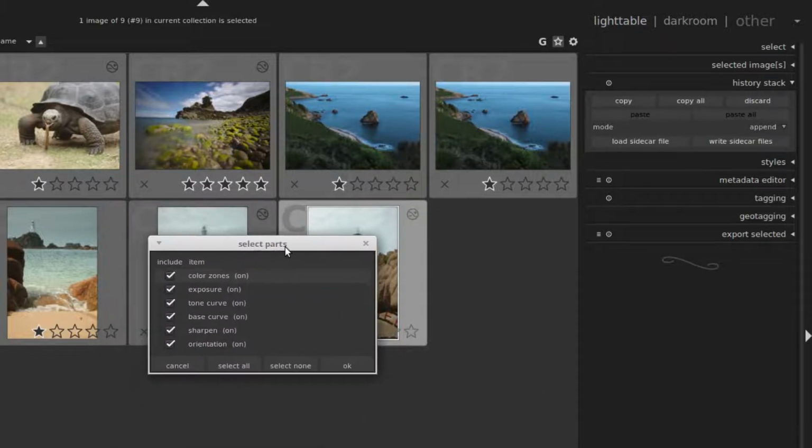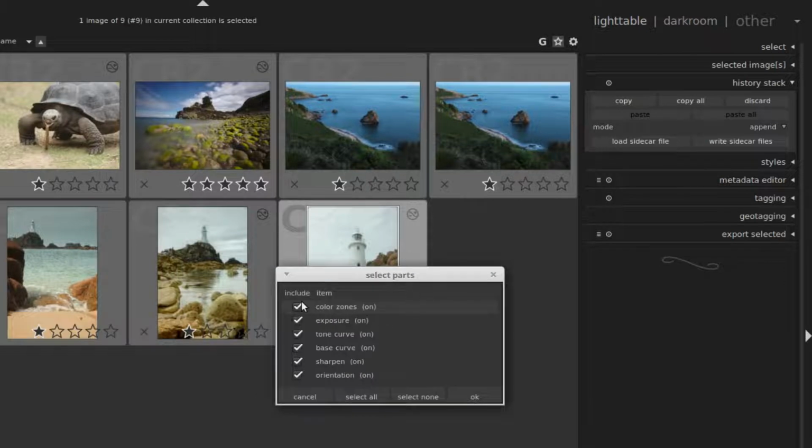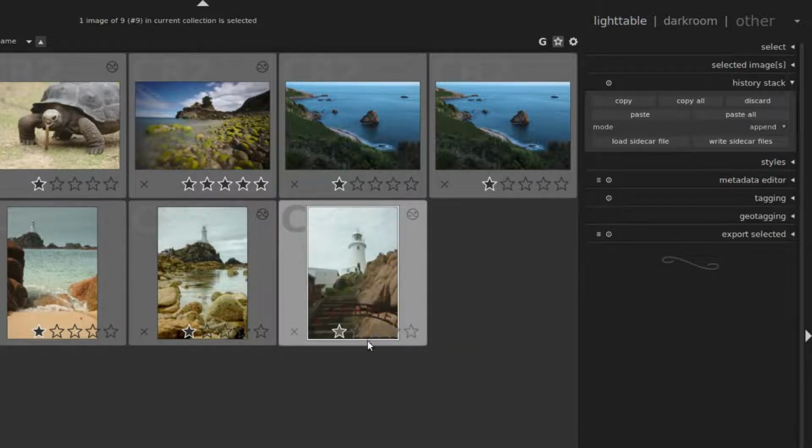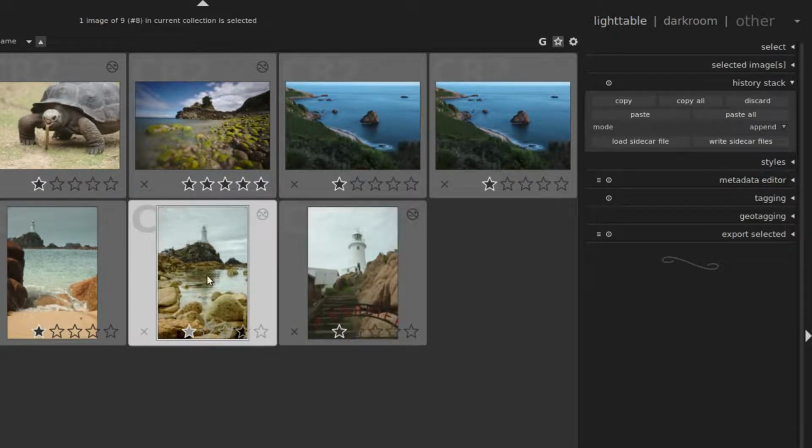then we get this list of all the modules that are used, and we can choose which ones we want to copy. So we can select all of them, we can select none of them, we can select some of them. Then we press OK, and we select the other image,